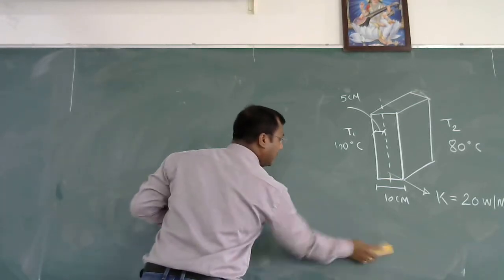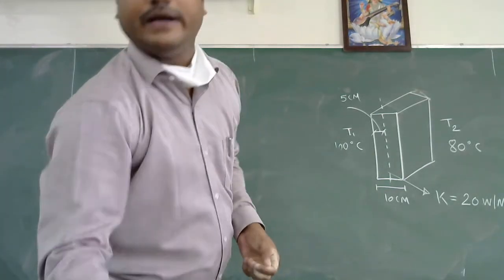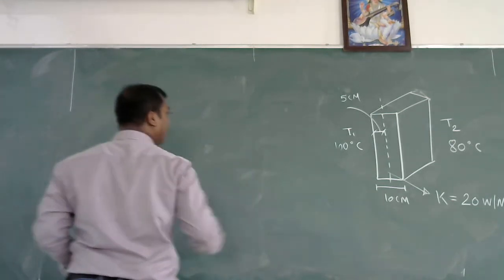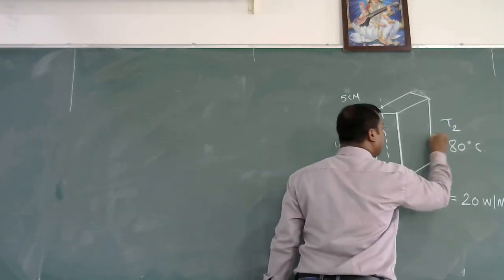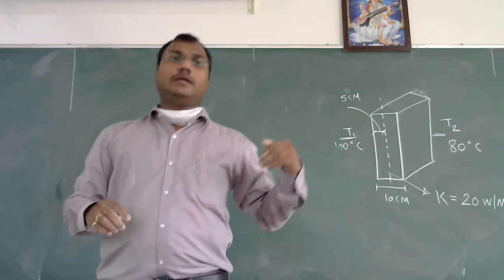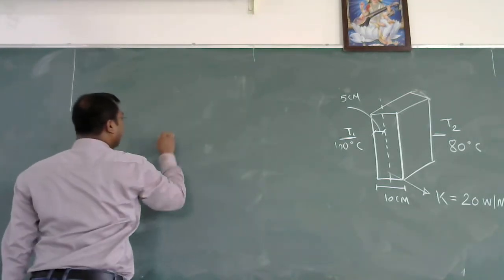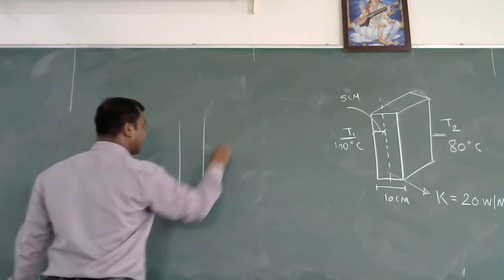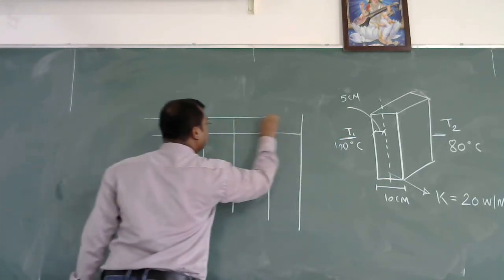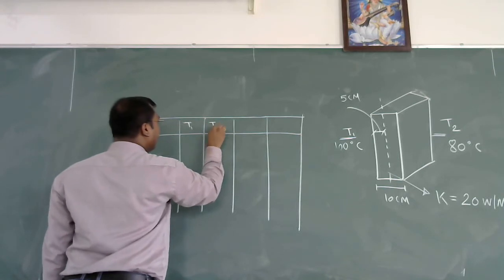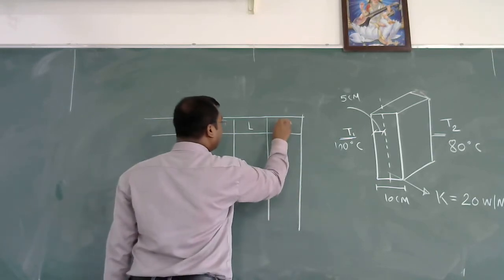Now I will give you one small exercise. Take some time and try to find it out. You can take a plane wall like this. You take the generalized values T1 and T2 and try to derive the equation in the same way as I have derived. Then you can put this in Microsoft Excel. Make the columns like this. Put the value of T1, the value of T2, then the value of L, and then the value of x.